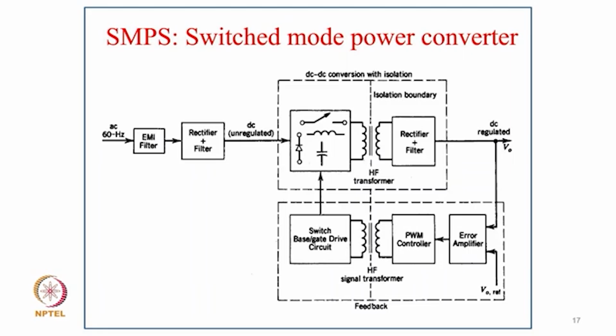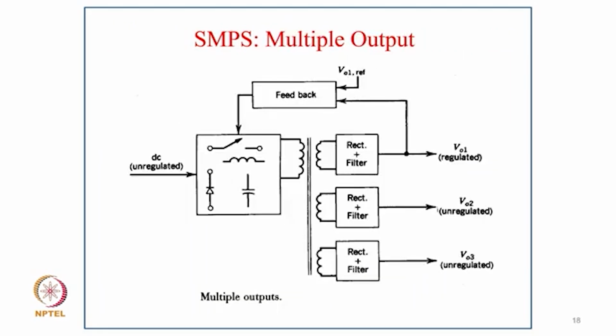Of course, depending upon the application, we might have multiple DC outputs of different voltages, isolated from each other also. So this is typically how multiple outputs are obtained, 1, 2, 3, maybe many more. Even in a computer power supply, there are normally around 4, with 3.3 volt, 5 volt, and then 12 volt, and then sometimes -5 as well as -12 volt.